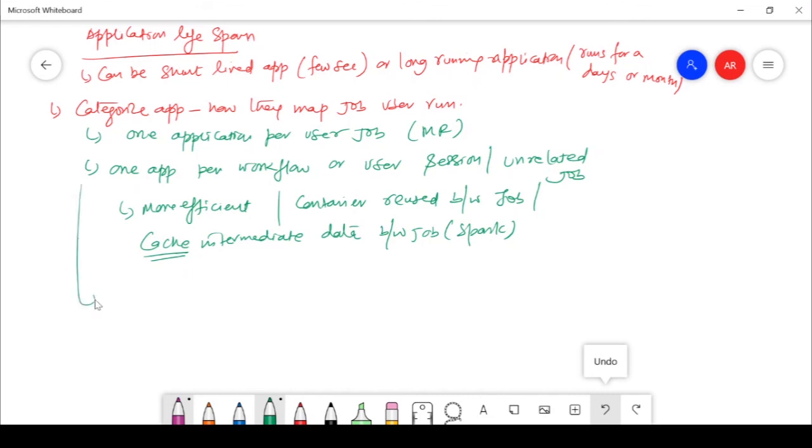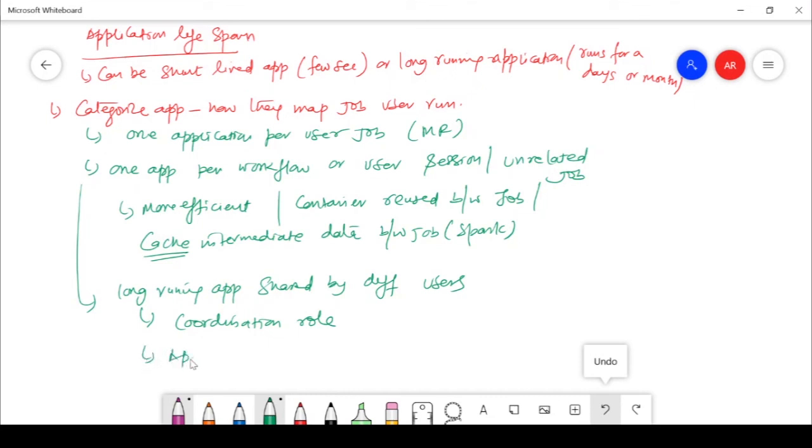The third point is a long-running job, or long-running application. I use the word application because in YARN we use the word application. A long-running application can be shared by different users, so we should have some coordination rules. In that case, there is a tool of Apache called Apache Slider.